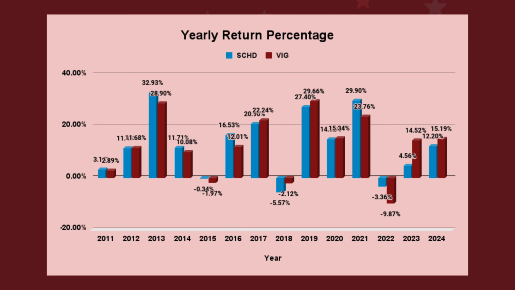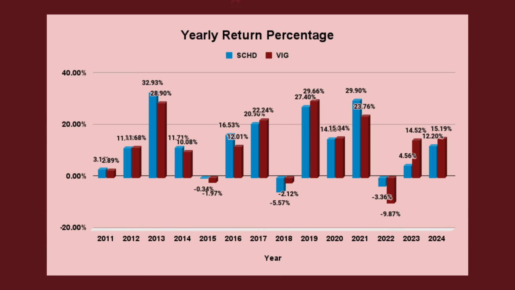Next, let's compare the yearly return percentages. As we see in 2013, both ETFs had a great year, with SCHD returning 32.93% and VIG not far behind at 28.9%. In 2019, VIG had its best year, returning 29.66%, while SCHD followed closely with 27.4%. Over the last 2 years, VIG has outperformed in a different market environment, showing its strength in adapting to changing